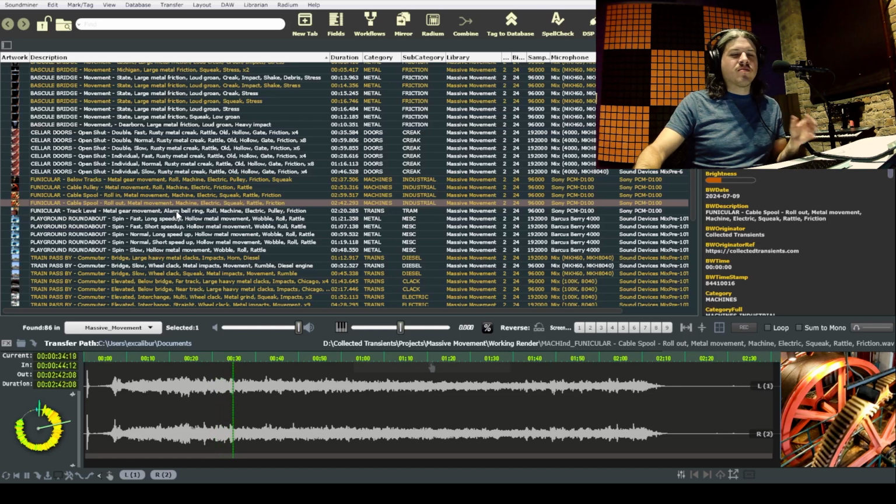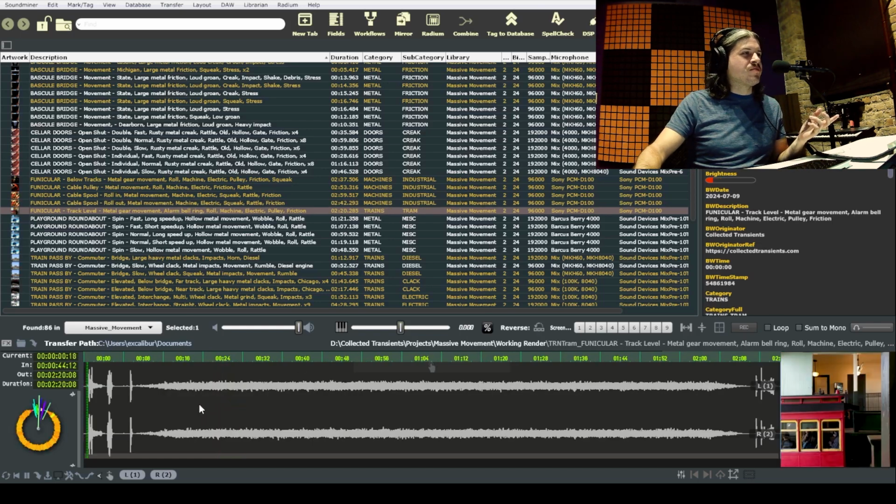And then I recorded kind of at track level too for more kind of a literal sound of what it might sound like being by the tracks when the funicular's going up and down. Another thing I did were these cellar doors, which are some of the coolest sounding doors,